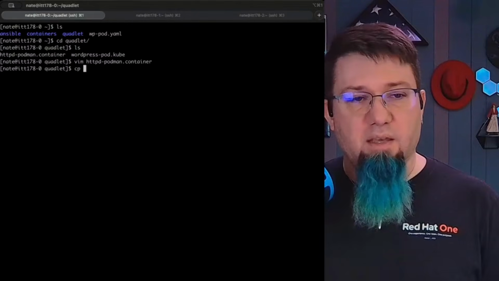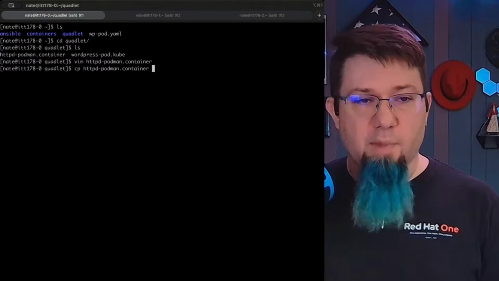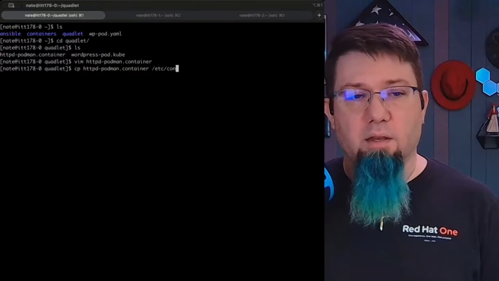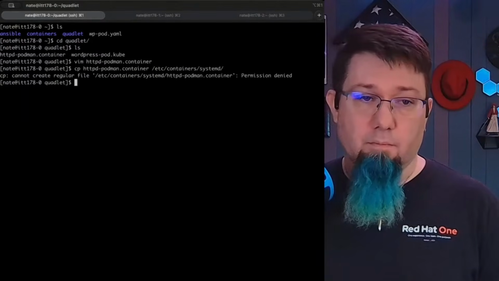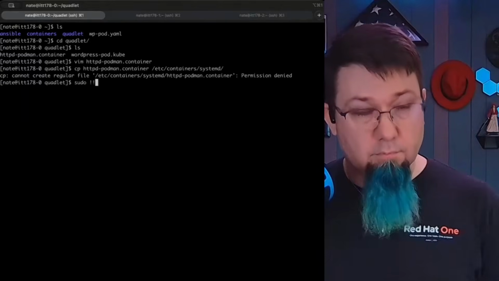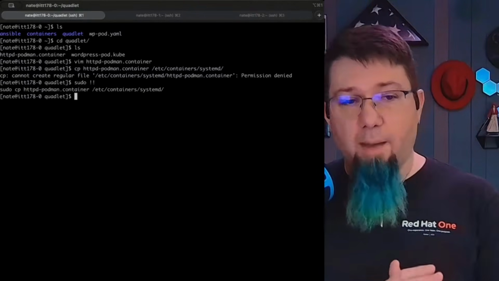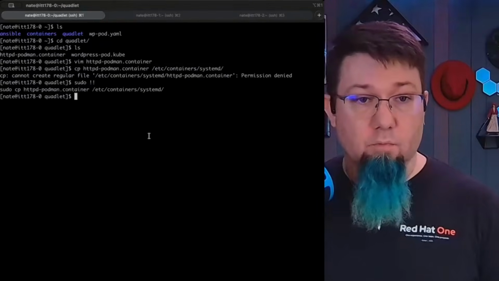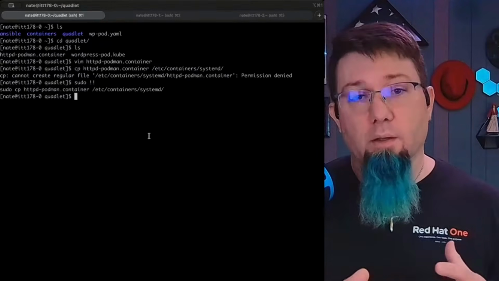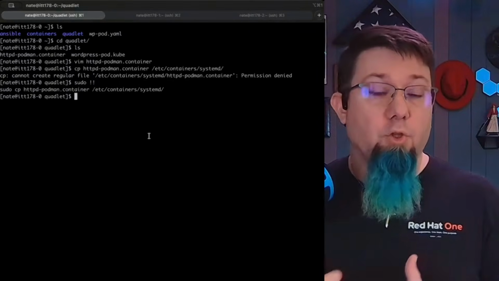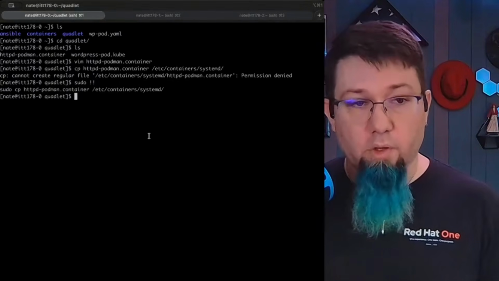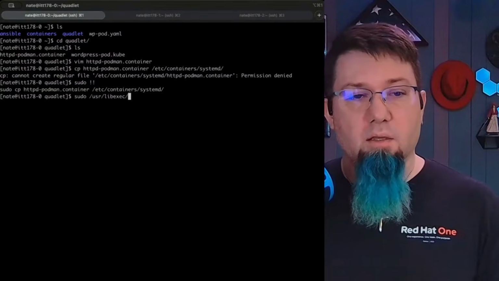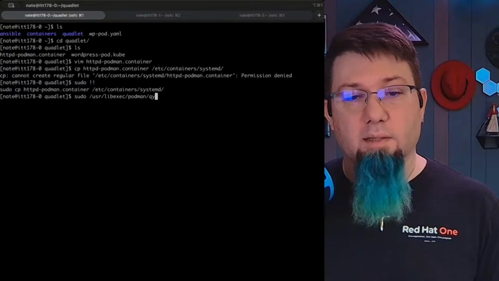So what we're going to do is take this HTTPD Podman container, and copy it to /etc/containers/systemd, with sudo. Now once I've copied it there, I can run Quadlet in a dry run state. What that'll do is run the generator and output to the screen what it would do if I were to make it do it for real. So if we do sudo /usr/libexec/podman/quadlet